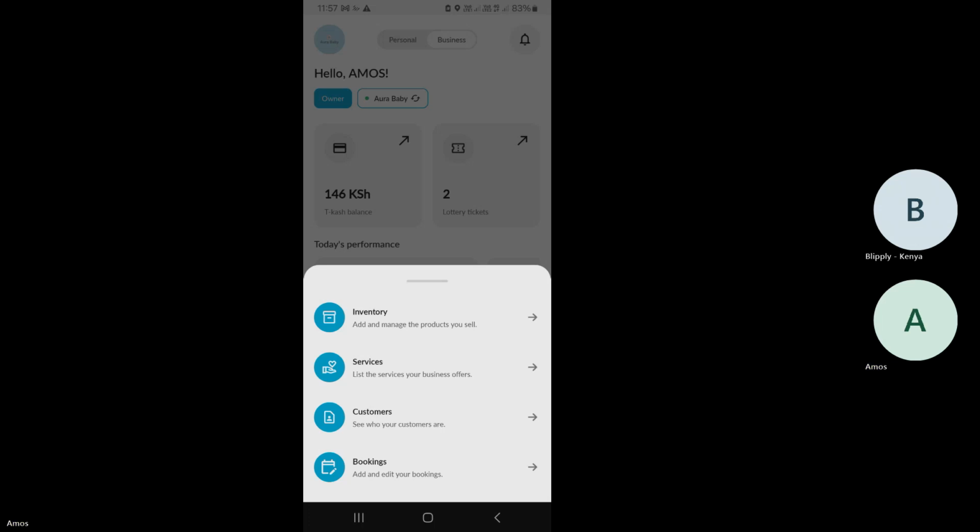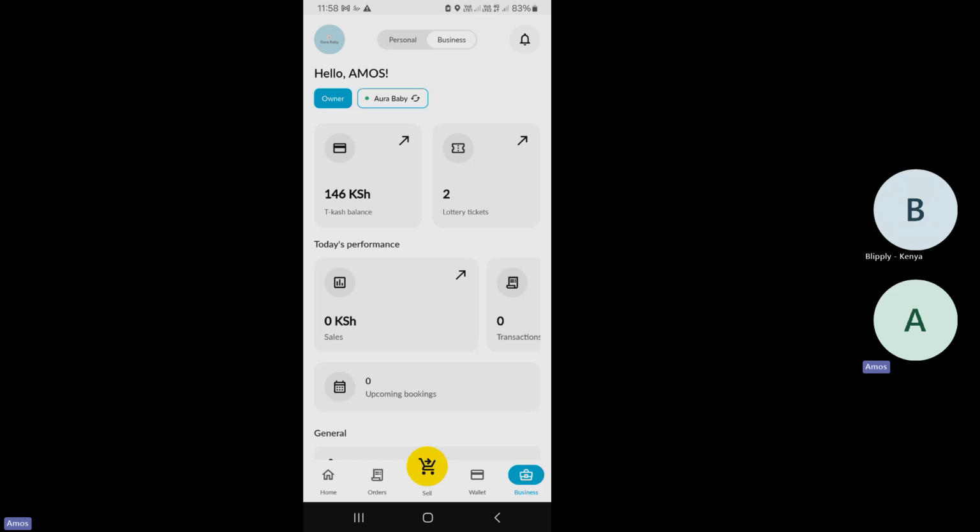This session will majorly be on what is very, very important in a business, making your first sale. How am I going to sell with the Tcash platform? Of course, I tried to explain during our first session why Tcash so-called. We said that we are integrating our businesses into the Tcash platform because of a number of reasons. One of them is the fact that you can see what is in your shop at any given point. But now, how do you sell?